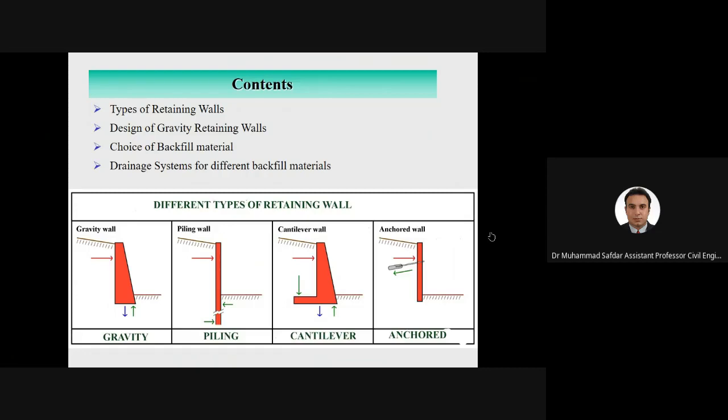Topic, which is related to the design of gravity retaining walls. So we will briefly touch on the types of retaining walls. Then we will move towards the design of gravity retaining walls. Then we will discuss the choice of backfill material and the drainage systems for different backfill materials. So starting with the types of retaining walls,